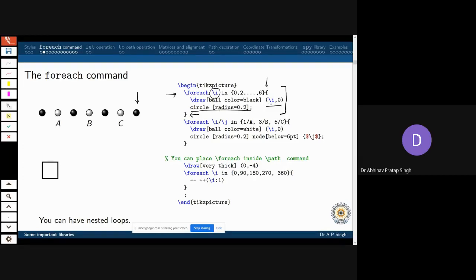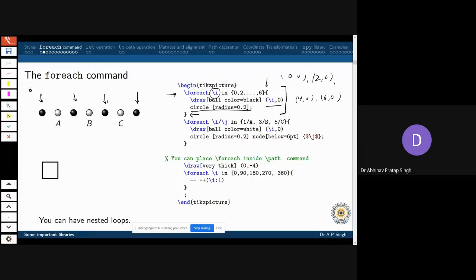A circle is being made first at 0, 0. Then you can see that \i will have a value of 2, that means at 2, 0, then at 4, 0, and then finally at 6, 0. So you can see that these 4 balls are being made over here.